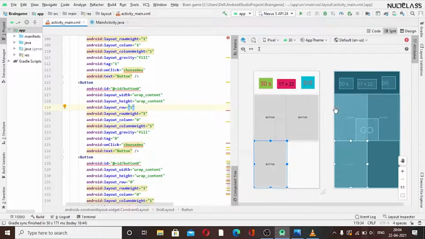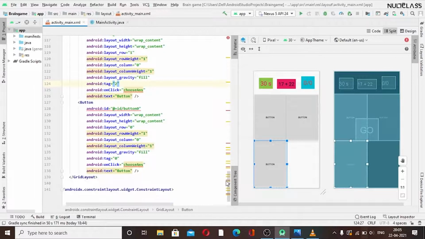We can see we have three buttons here. So now we will quickly give that an ID. So this should be 2, the tag should also be 2, and now we are just left with our fourth button. So we'll give them ID as 3, the tag should be 3, and other things.